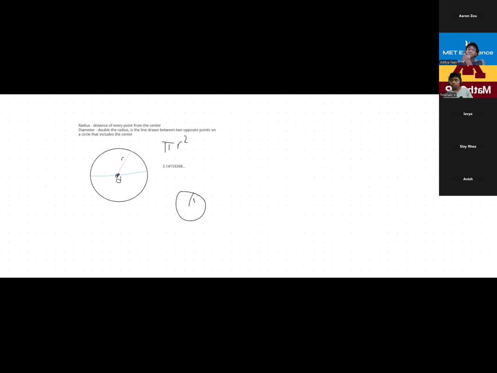So what we're gonna do is, we have our radius, we're gonna square it. So pi times our radius squared. And when you square a number, it's the number times itself, right? Like a squared is equal to a times a. So in this case, 3 times 3 is 9. So our area would be 9 pi. All right, and I'm not going to simplify it any further. 9 pi is the simplest form you can get. So in this case, our area is 9 pi, and leave it at that.